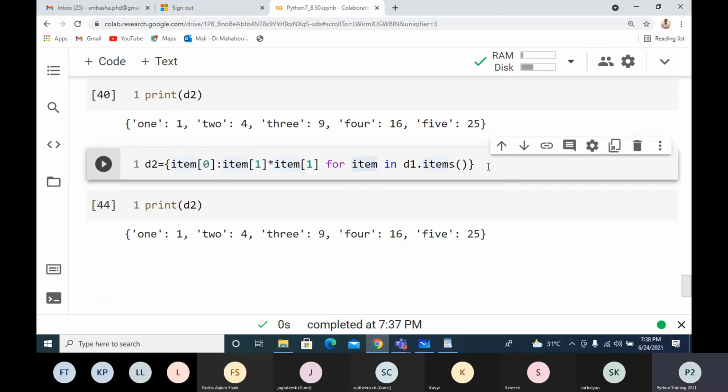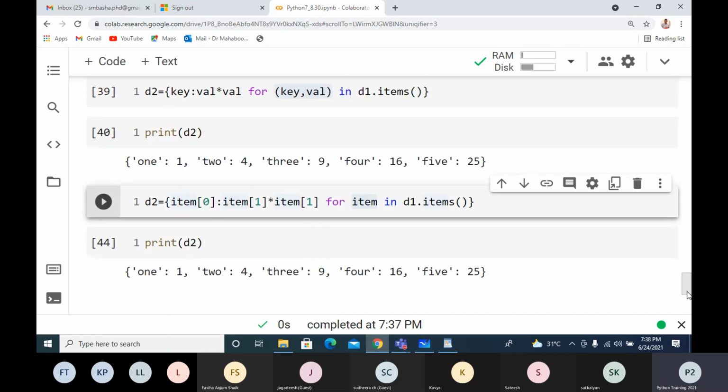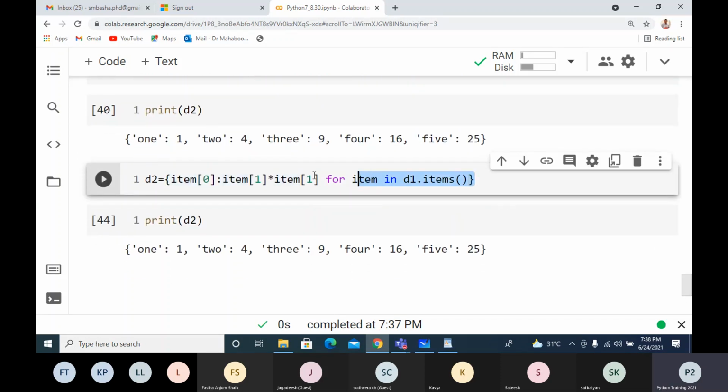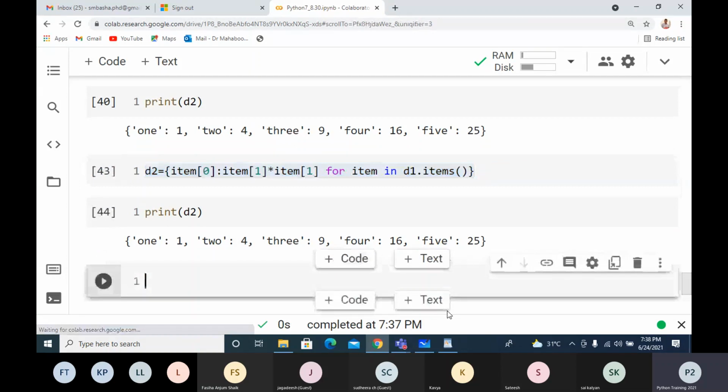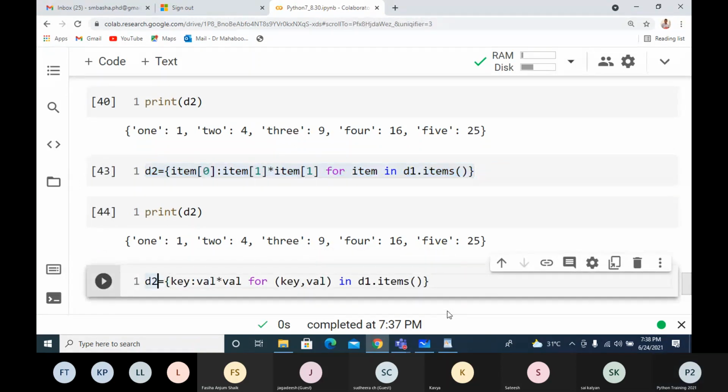Now suppose I want to create a dictionary with the length of the keys as value. I can write this where the first syntax, anything I can write. I'll write here key. I'm not going to take value here. I'll take length of key. The length of key is taken as the value for this particular dictionary. Then the remaining things are the same.